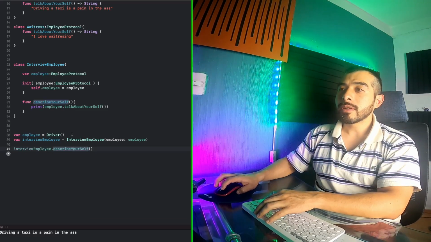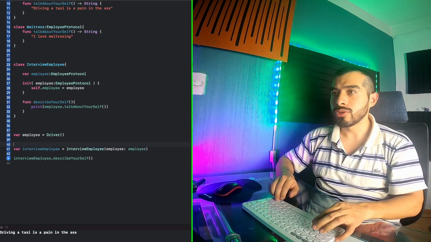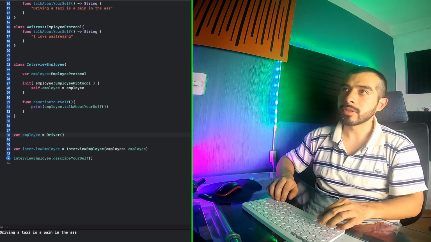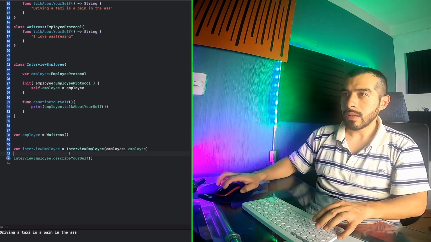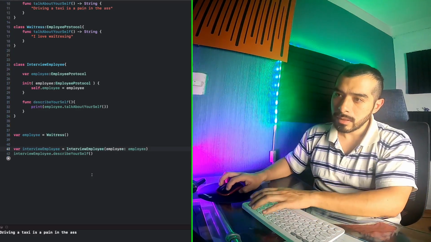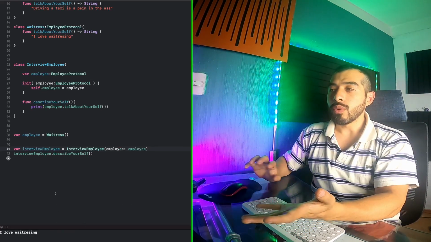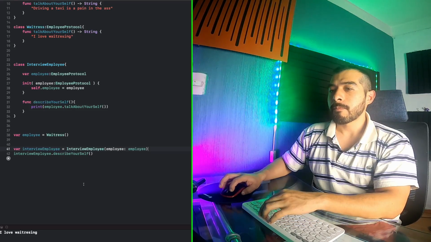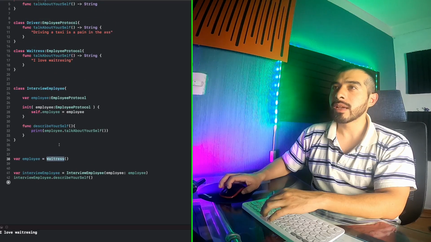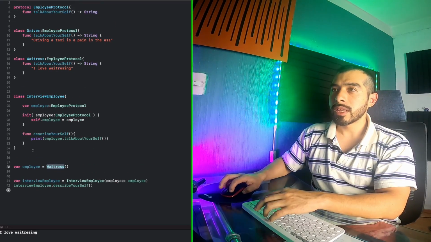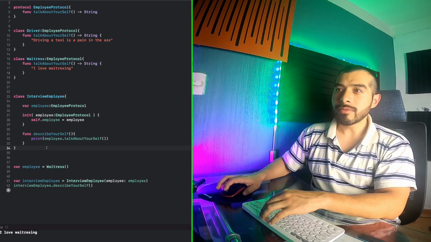And then I can change the object to use a different employee. For example, I can say a waitress. I can run the code. And I love waitressing. What is the benefit or what is the advantage of this? The advantage is that I can change the object, I can change the implementation, but my InterviewEmployee class, I don't have to change